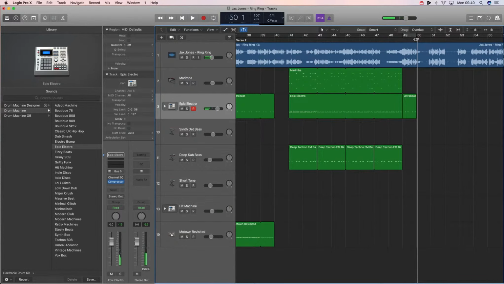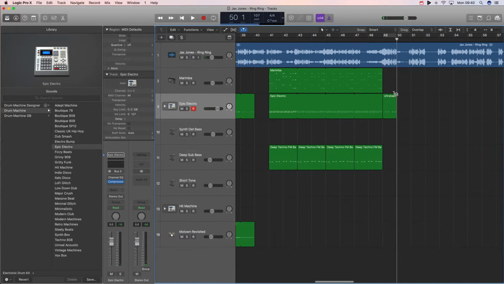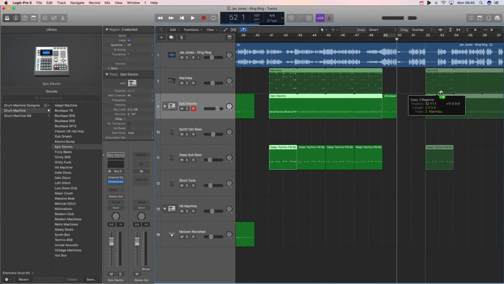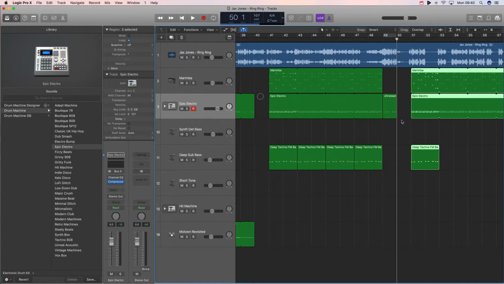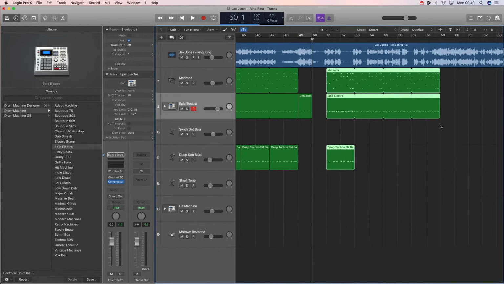this now starts the chord sequence halfway through. It's a 1 bar dropout. So if we just copy all of this across like this, as soon as you put automation data in, this window comes up and it says, do you want to copy the automation data? For this situation, hit no, don't copy. Otherwise, it's going to copy a filter sweep here, like what we did earlier, that sort of cut-off filter. It's going to apply it over here as well,